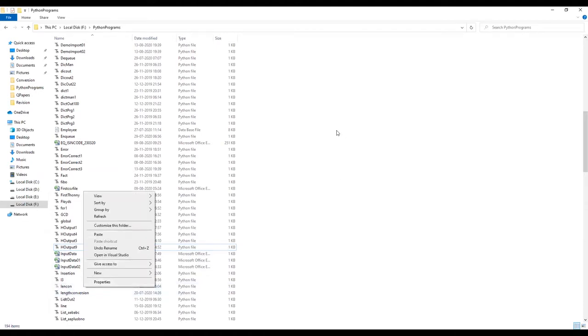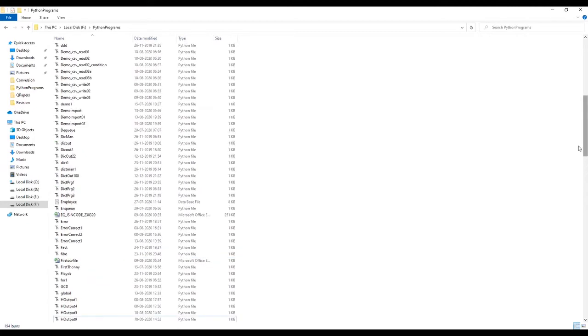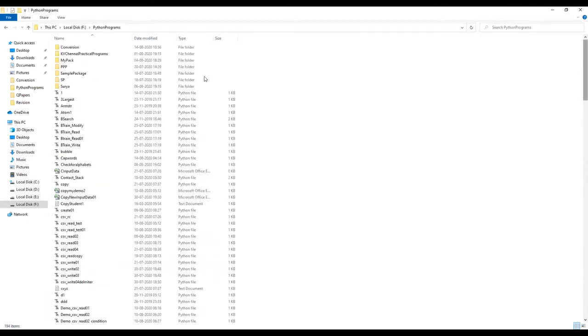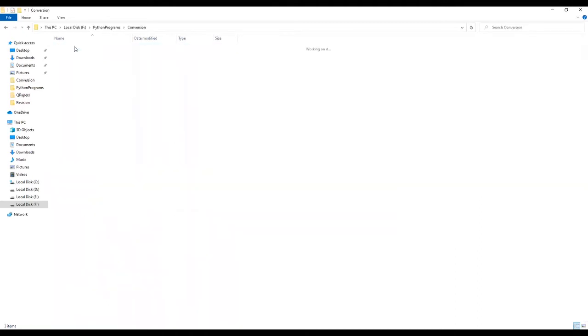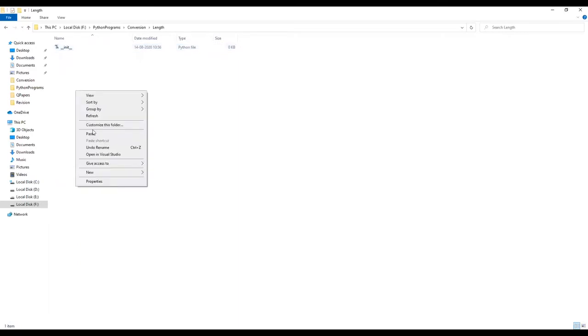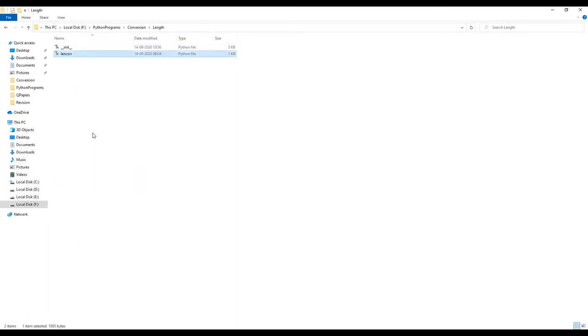I am trying to cut this program, and I am going inside conversion, inside length. I am trying to paste the particular program. Now it has been pasted. The length conversion program has been pasted inside the subdirectory named length.